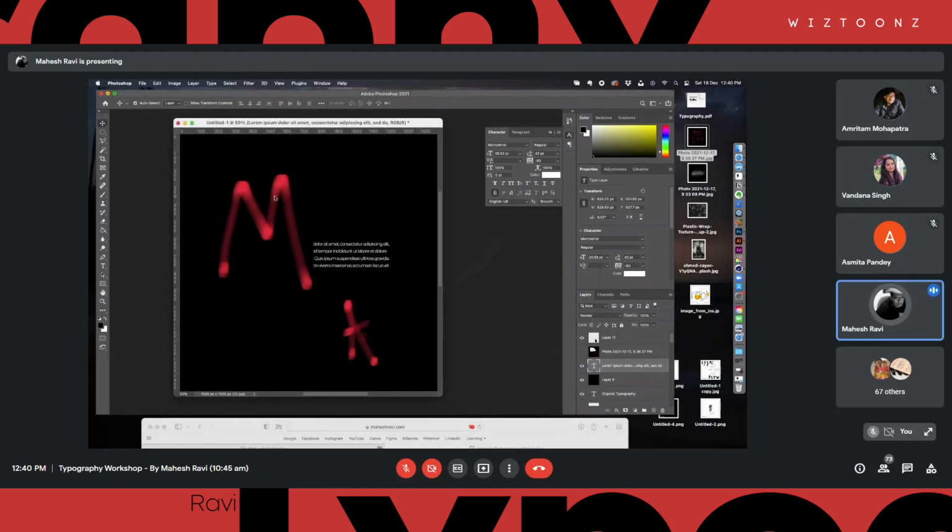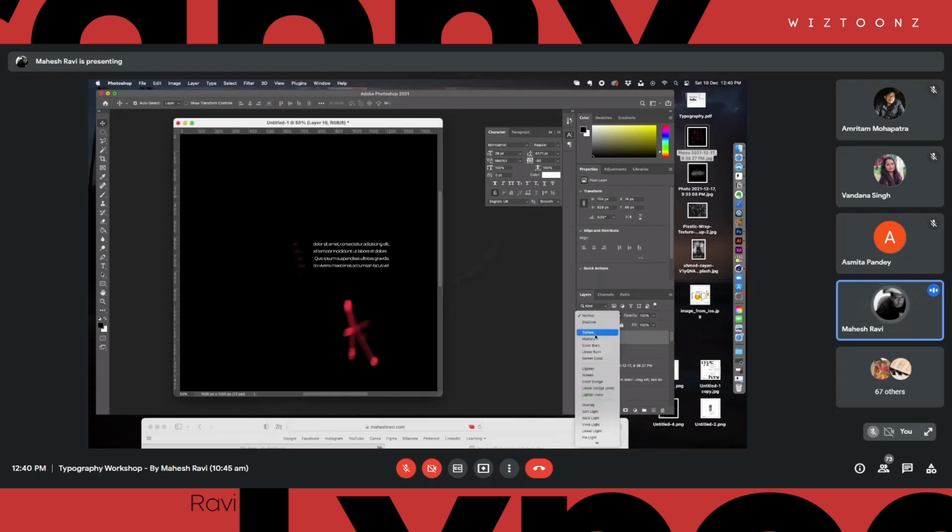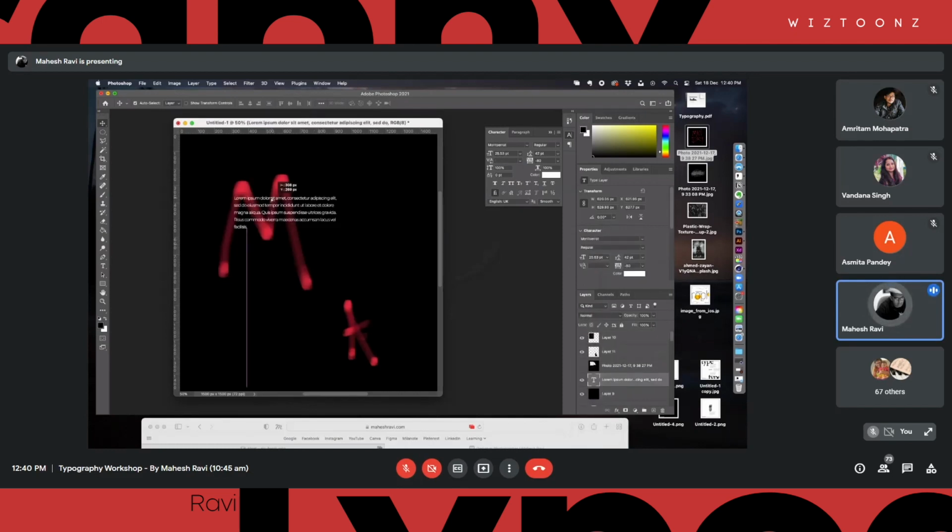What I will try doing is that I will take this and change the blending mode of the text. So it could be lighten or screen. And that is going to play as an element in my background. I will not even think about the visibility of it or whether it is readable or anything like that. I'm just going to use it as a background element. But I would have written the title of that article here. Do you get it?